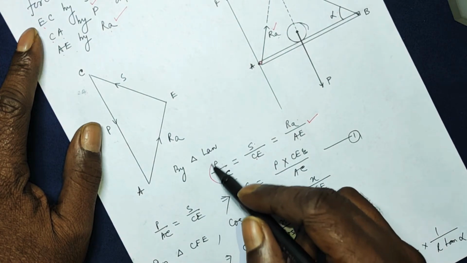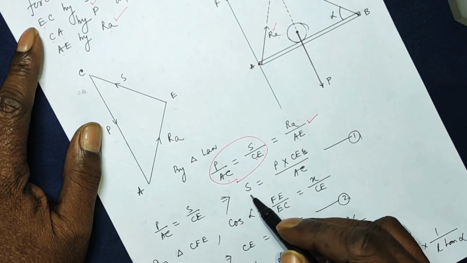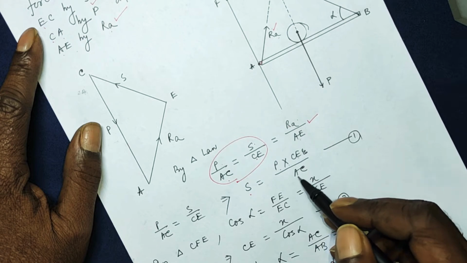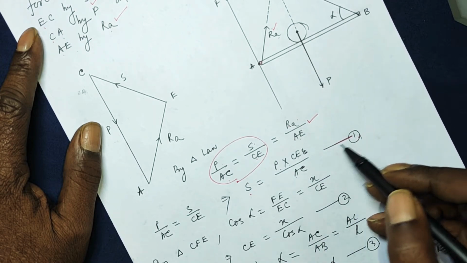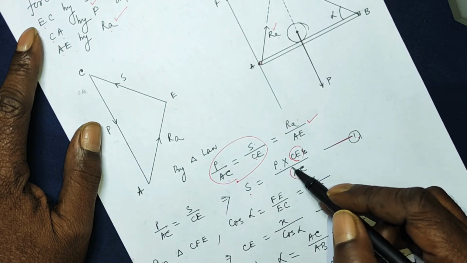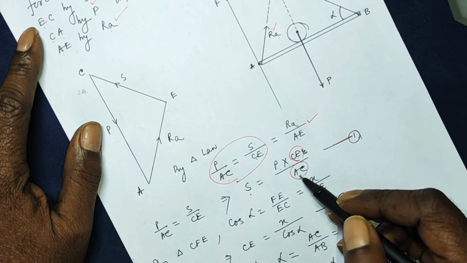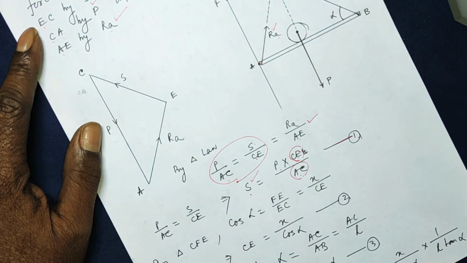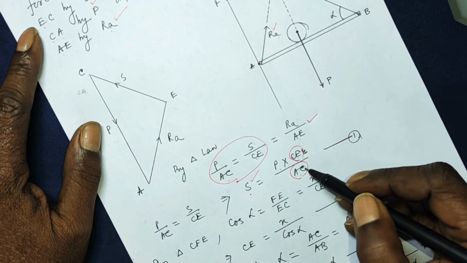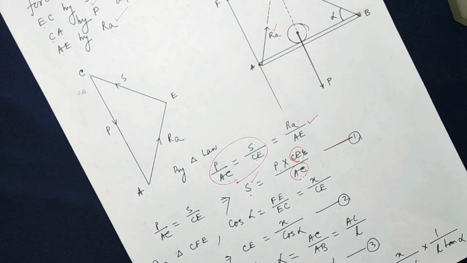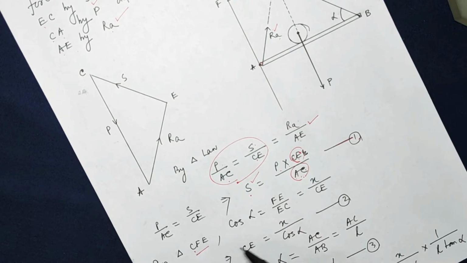So if you take these two things and cross multiply, you get S is equal to P times CE over AC. Make it equation 1. We'll find out the value of CE and the value of AC and we'll put it here. Then we'll find out S. So to find out CE and AC, we must look for triangles. So in triangle CFE,